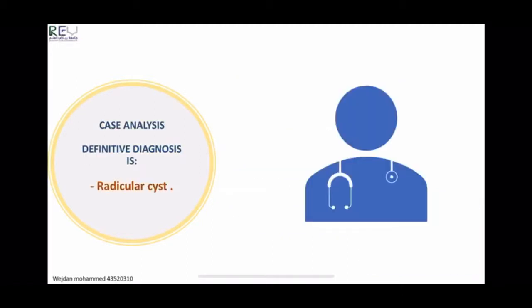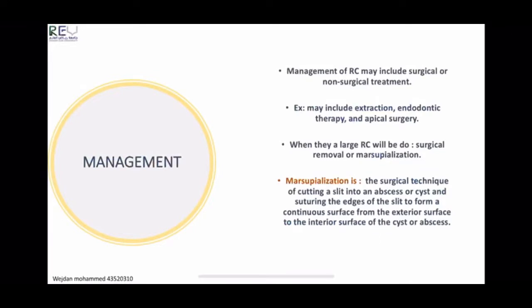Case analysis: the definitive diagnosis is radicular cyst. The management of the radicular cyst may include surgical or non-surgical treatment. Examples include extraction, endodontic therapy, and apical surgery. When the radicular cyst is large, it will require surgical removal or